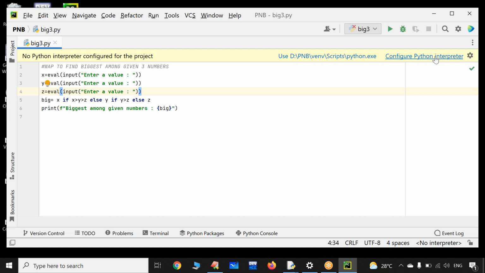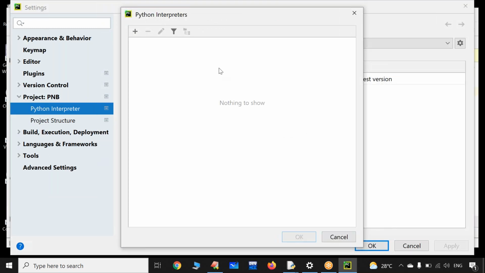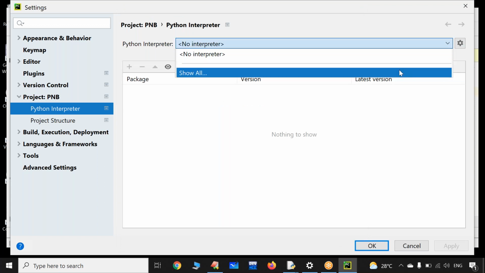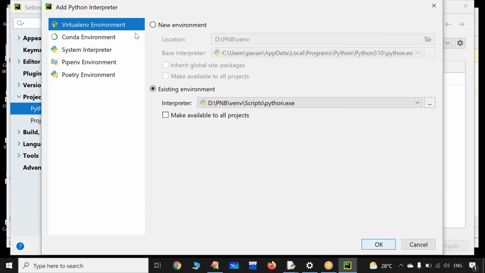It is asking to configure the Python interpreter. Click on this interpreter settings. We need to configure the interpreter. Click on this button, show all. Nothing to show. Click on the plus button.